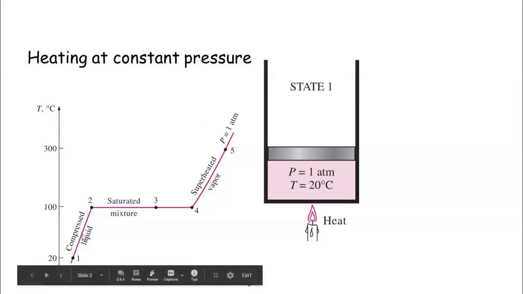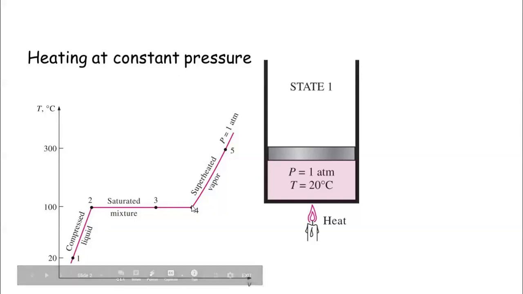You find a mention of a compressed liquid over here. So what is compressed liquid? Compressed water is a water whose temperature is below the saturation temperature. So for example, in this case, if the temperature was 70 degrees centigrade at atmospheric pressure, we would say that the water is at compressed liquid state. At state 2, it is saturated water. And if you heat it further, it becomes steam. Saturated mixture means it is a mixture of liquid water and gaseous steam. So this mixture would continue to remain mixture, and the process of phase transformation would continue up to the state 4.